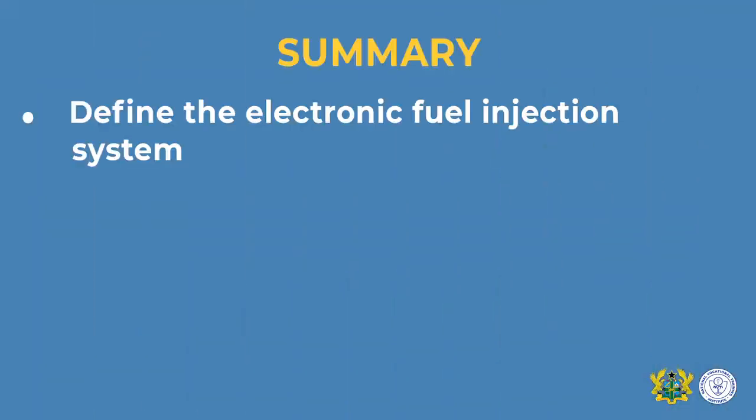To round up, I did inform you at the beginning that you are going to be able to define what the electronic fuel injection system is. You're able to define the purpose of it. It's to ensure that the accurate quantity of fuel needed at every speed and load of the engine is supplied. It is also to ensure that the correct mixture strength is delivered, because of the oxygen sensor, you'll be able to measure the amount of fuel needed so that you limit